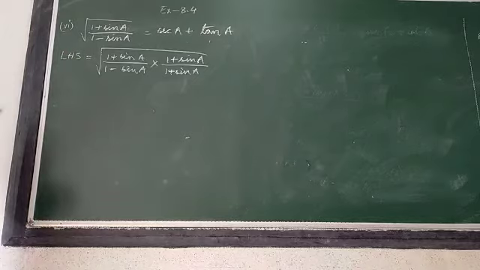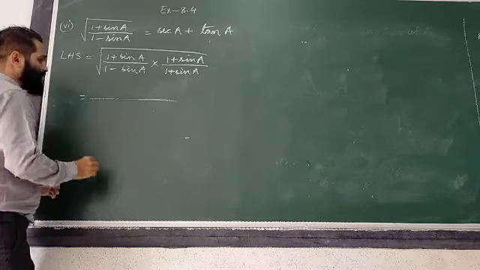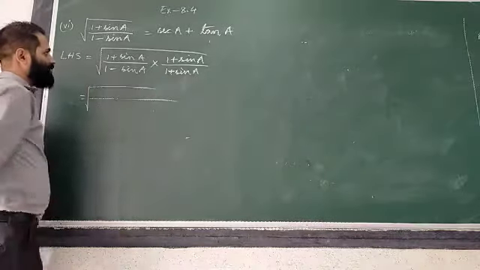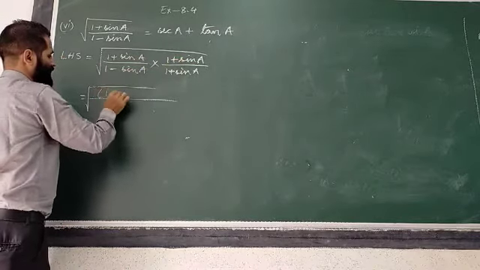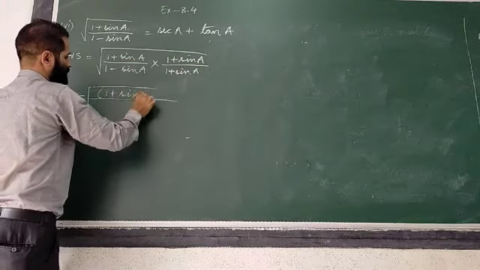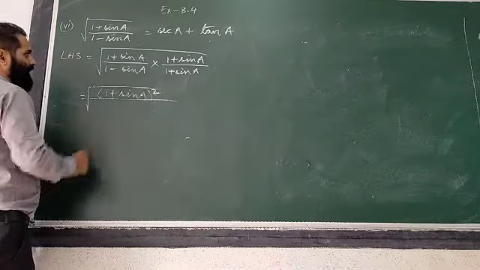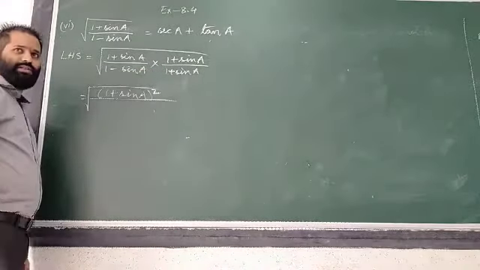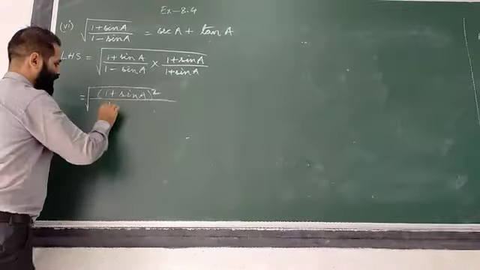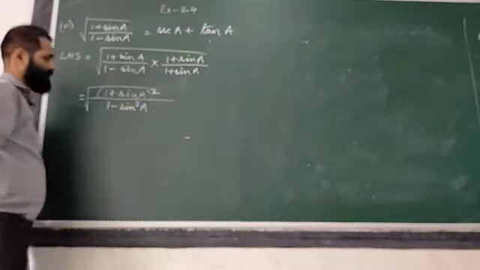Okay? Now you know that whenever there is a multiplication, numerator is multiplied with numerator and denominator with denominator. So can we say that this is the same number? So can we write 1 plus sin A whole square? Yes or no? Yes. And this is A minus B into A plus B. A minus B into A plus B is? Yes, done. So can we write 1 minus sin square A? Yes. Okay?